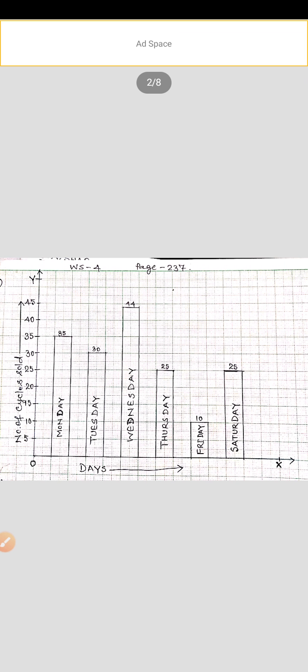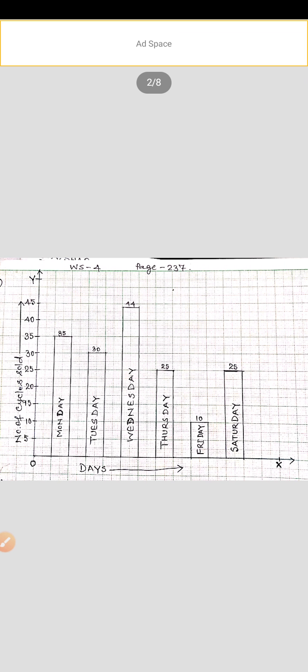Step 2, mark points at equal intervals along the x-axis. Below these points, write the names of the data items whose values are to be plotted. Step 3, choose a suitable scale. On the scale, determine the heights of the bars for the given numerical values. Step 4, mark off these heights parallel to the y-axis from the points taken in step 2.